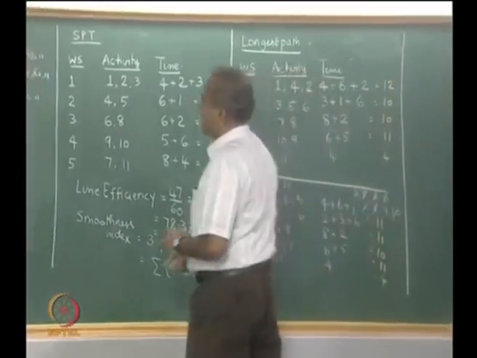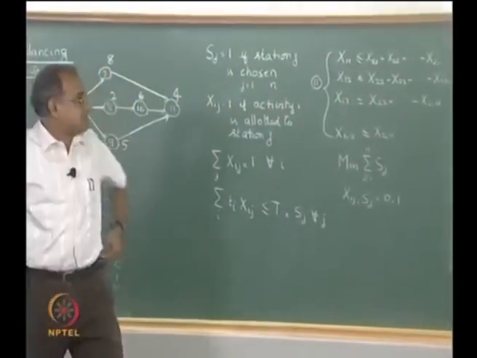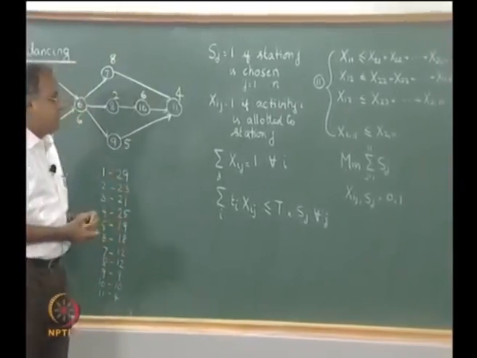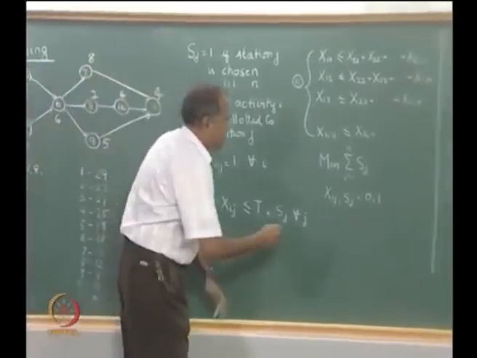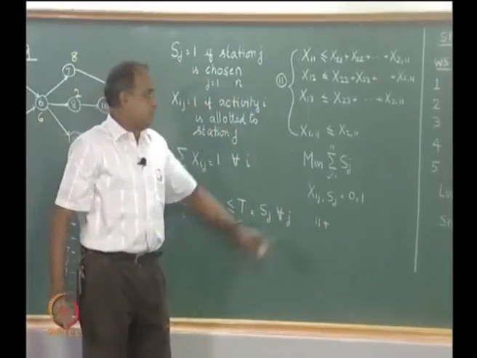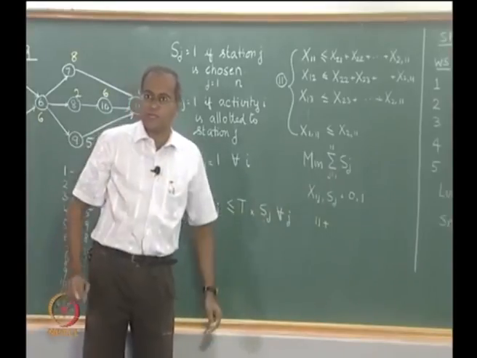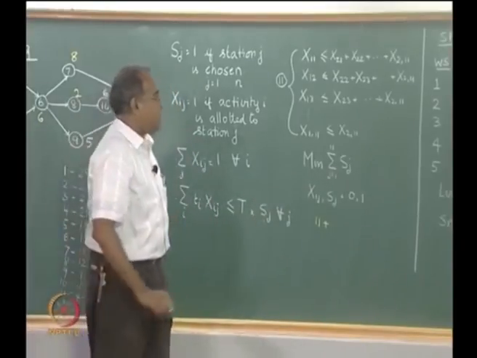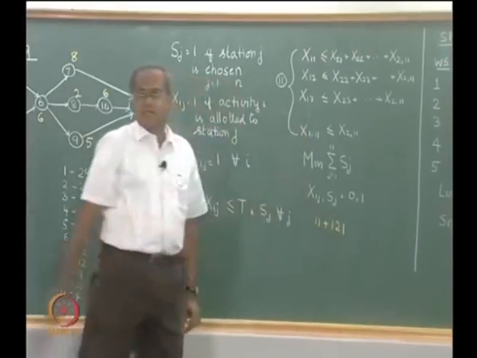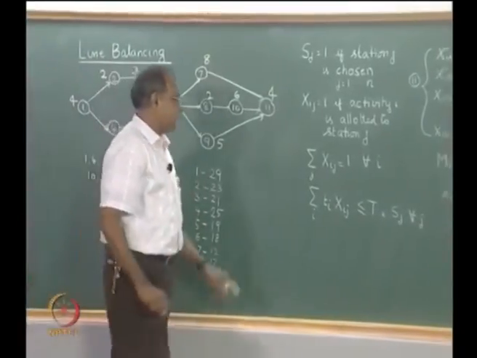Now if we go back and try to solve this optimally in the way that has been given here, for this particular problem we will have 11 variables for Sj, because a maximum of 11 S's are available, S1 to S11, and then we have another 121 variables for the Xij, and then we have many constraints.